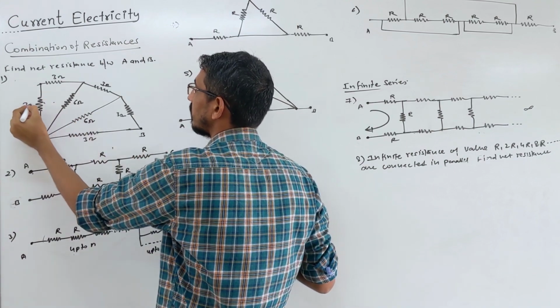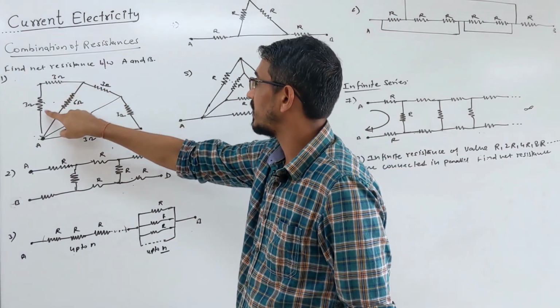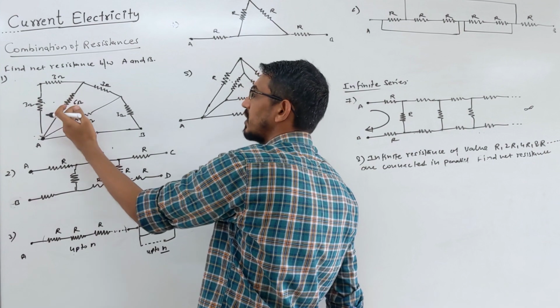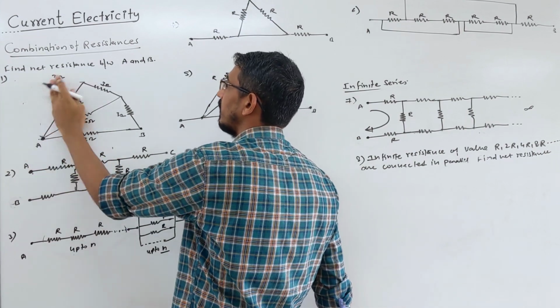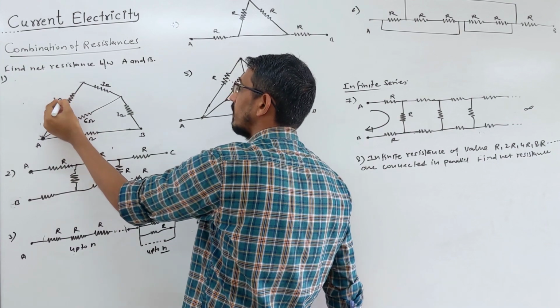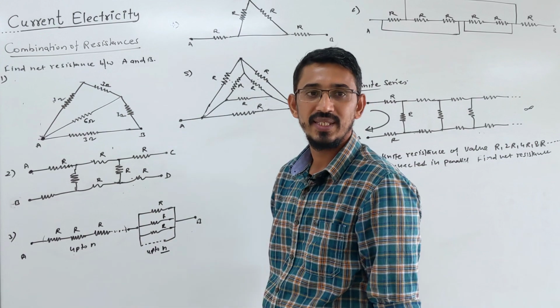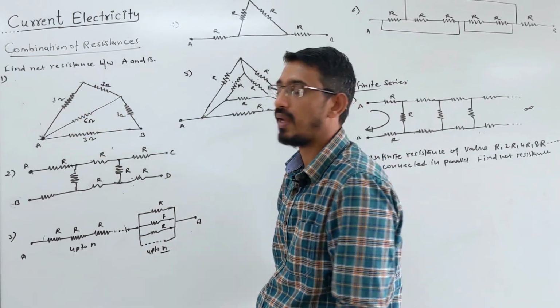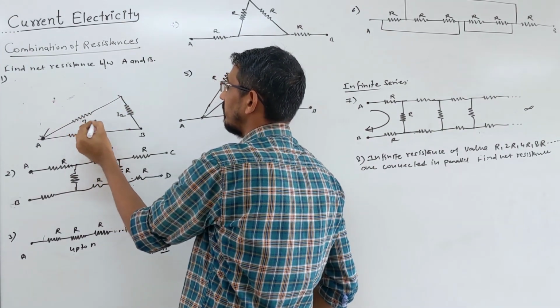So if you remove this and write the equivalent here, you can write this as 3 ohm. Correct. Now the same thing, this 3 ohm and this 3 ohm again in series become 6 ohm. This 6 ohm and this 6 ohm are in parallel, so you can remove this branch and write the equivalent here as 3 ohm, right? Again the same state, 3 ohm and 3 ohm are in series, so they become 6. Now this 6 and this 6 again are in parallel, so you can remove all this and just write here 3 ohm.